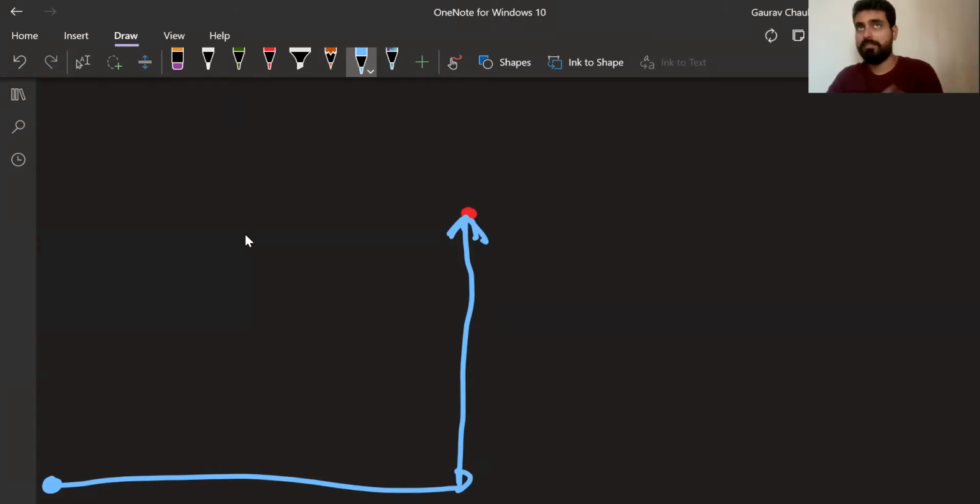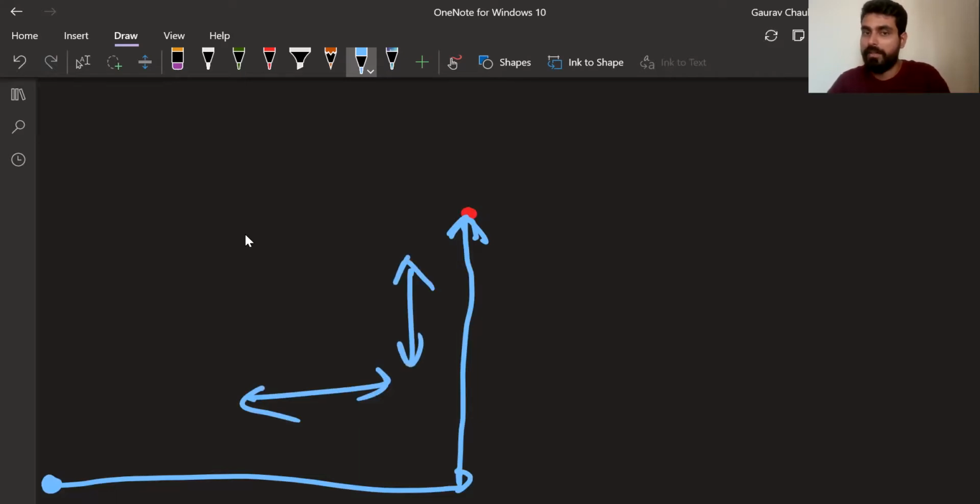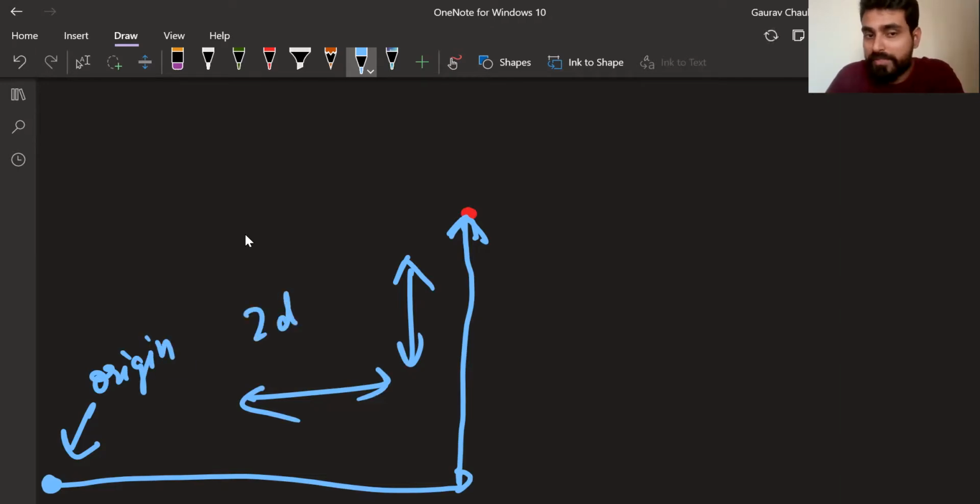Now, up is not the north-south up confusion; we have cleared that already. I hope that's clear with you. Now here, what do we need? We need 2 directions. Okay, this is one direction, this is one direction. We're going right and left. So right, left is one direction, and vertically up and down is one direction. Okay, and we need a point of origin, a starting point, origin to start. Okay, now origin and 2 directions.